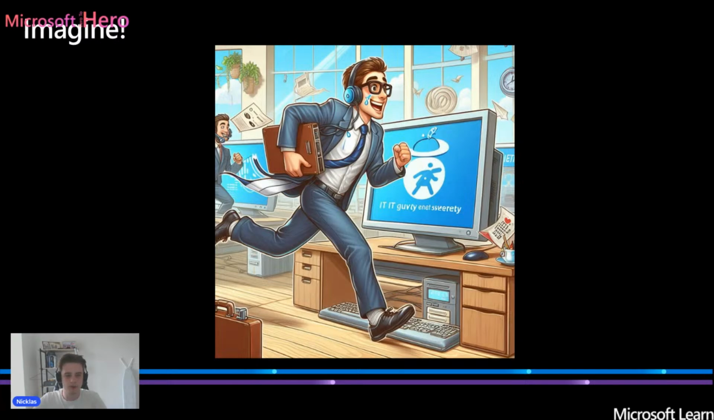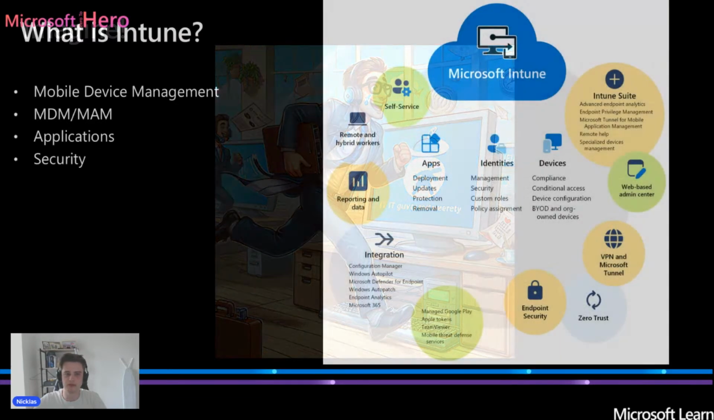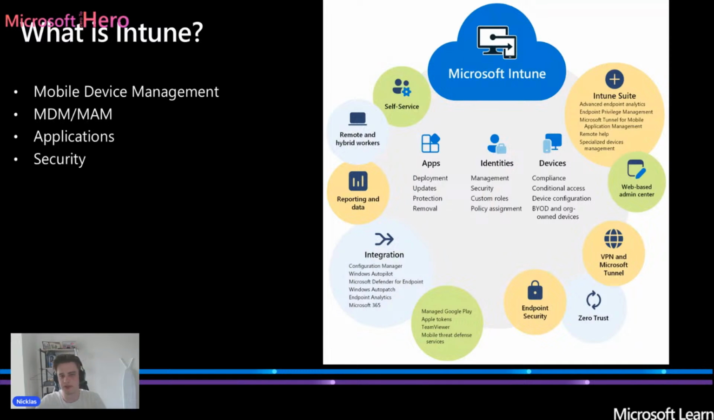All right. So what is Microsoft Intune? In short, Intune is an MDM. So this stands for Mobile Device Management. So it's basically a solution where you can manage all your endpoints, and this can be all from Windows and Macs